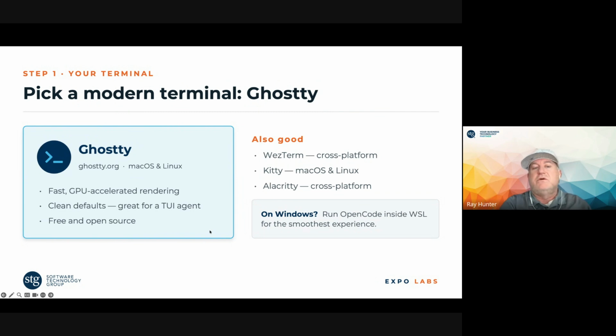Those ones I don't use personally. You're more than welcome to check those out. I know a lot of developers that have jumped on some of those terminals that really hook into AI automatically. That's just one that I personally don't want to use. But check those out and see.